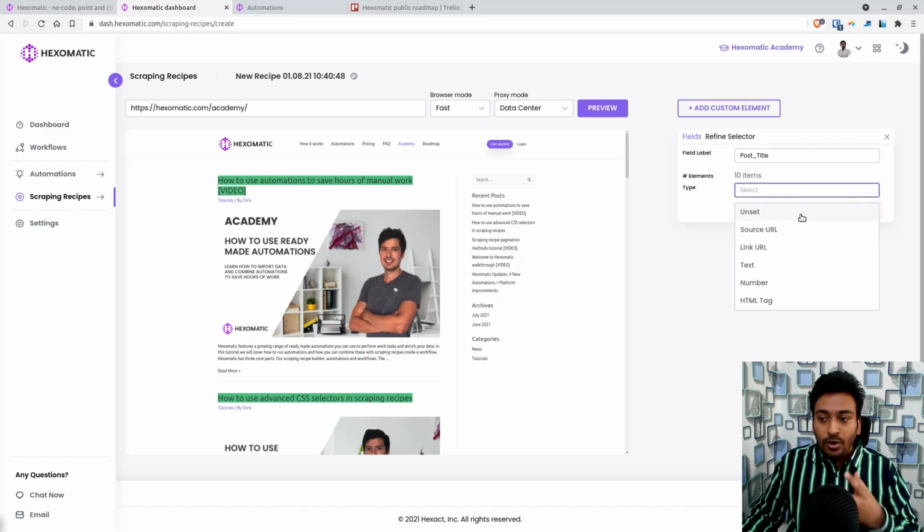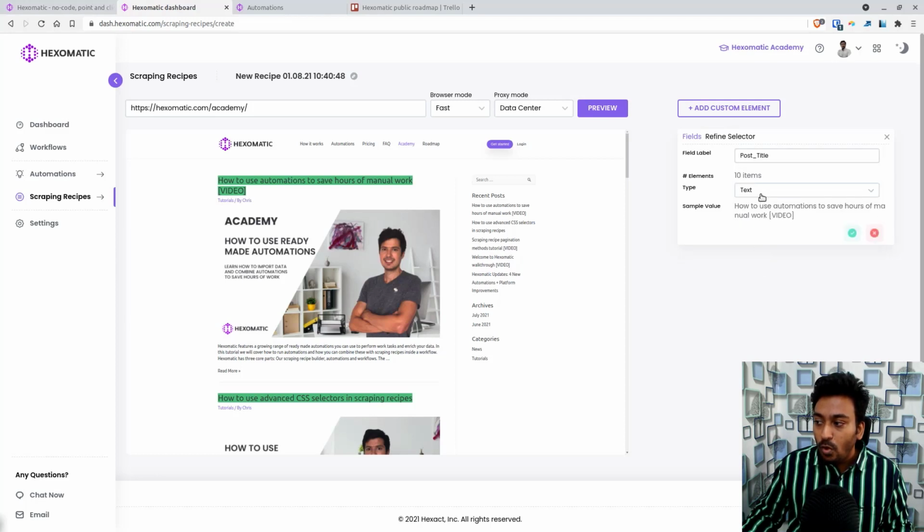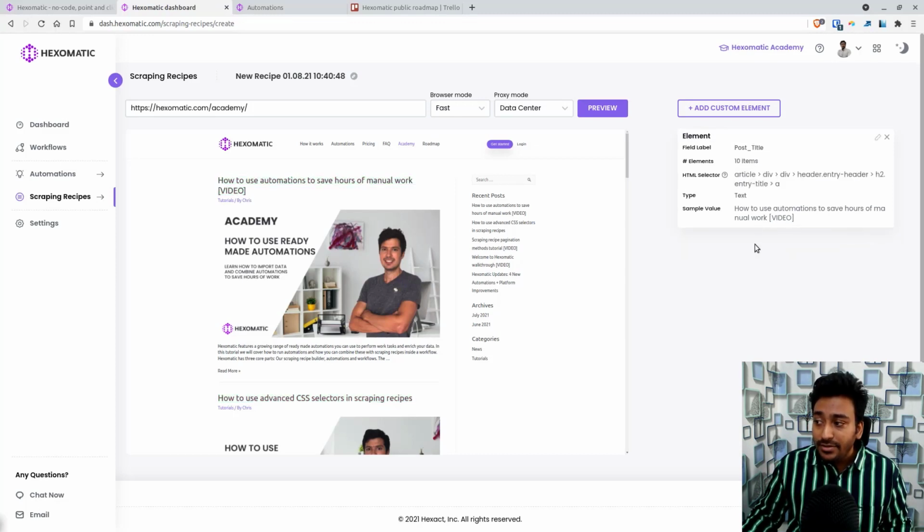For example, I want to get the text of what I selected, so I'm just going to select text. Choosing a different option will show if there's any different value for that, and I can use this as a preview to see whether I'm getting exactly the text I wanted. I'm just going to save this, and now I have successfully scraped it.